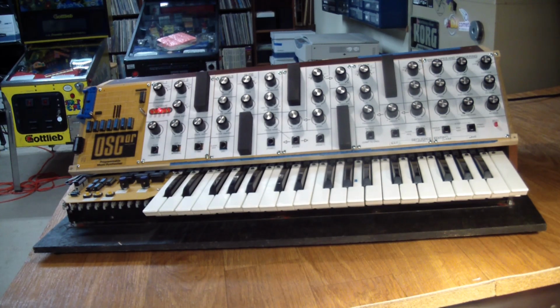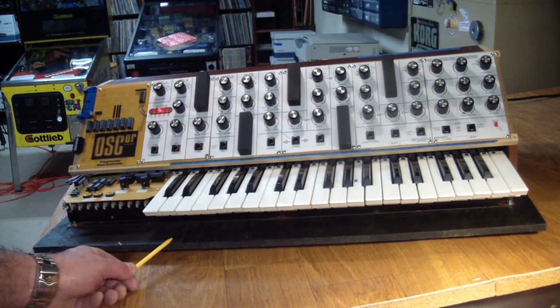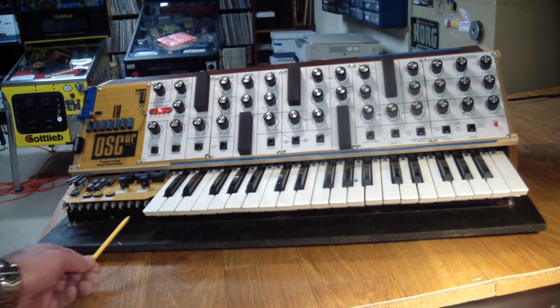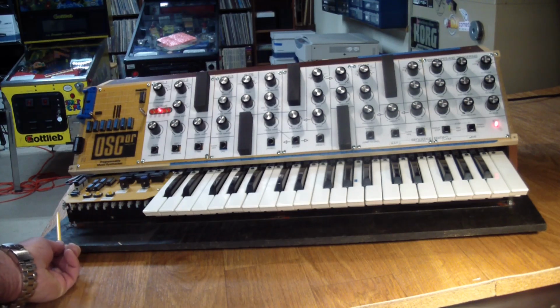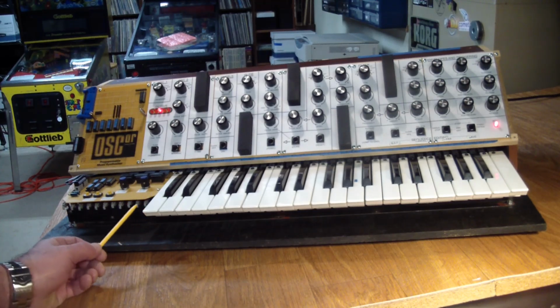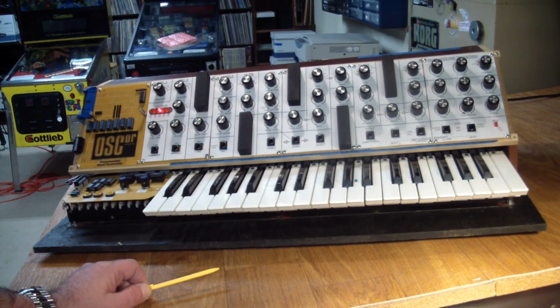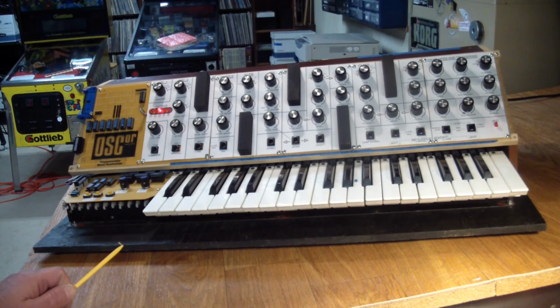For instance, the base plate and the keyboard here come from the carcass of an ARP Omni I had that had all the boards missing and the case destroyed, but the keyboard had kind of survived. I had to shorten it. So you can see these keys were taken out. I put a panel here and just made a 37 key keyboard as the original had. A lot of the parts you see here are, God rest her soul, Radio Shack, the